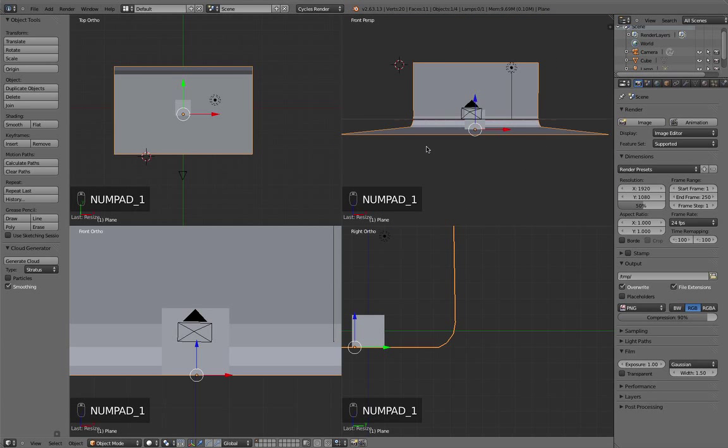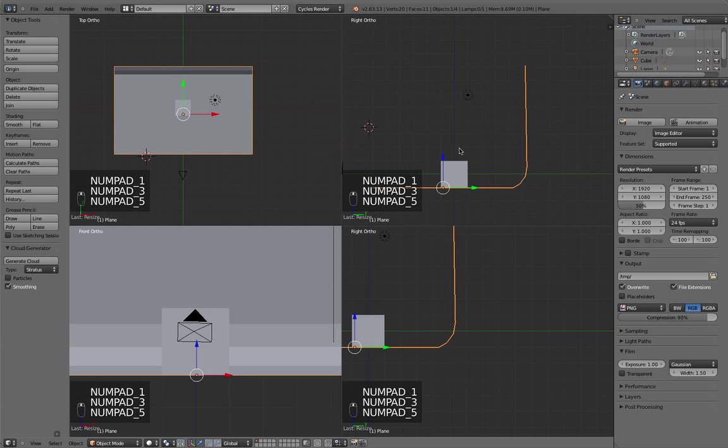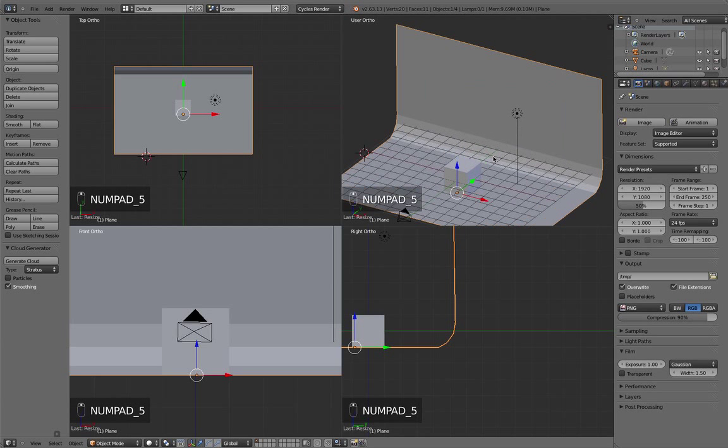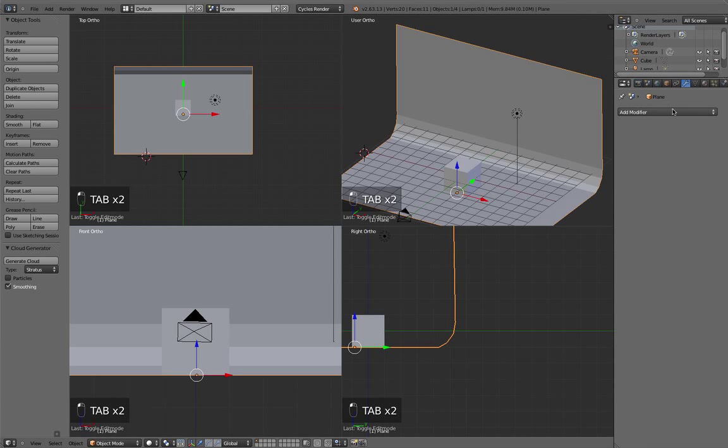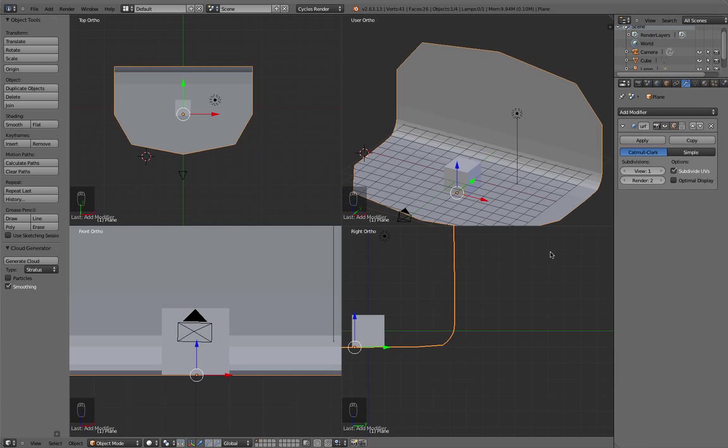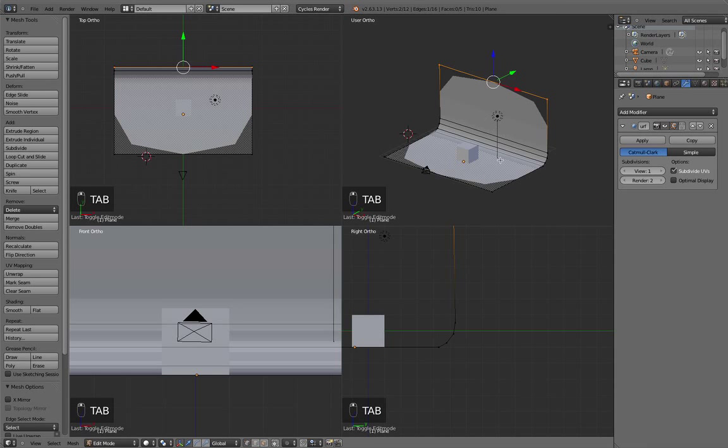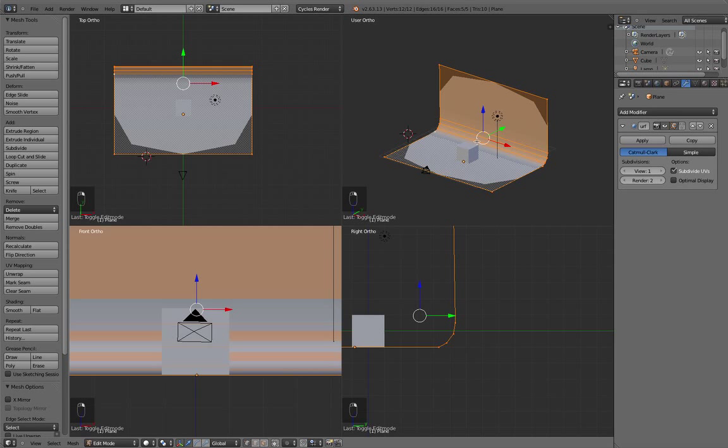That looks good, and I'm going to add on a subsurf modifier, set it smooth, tab in, and then I'm just going to go Alt Shift left click rather, to